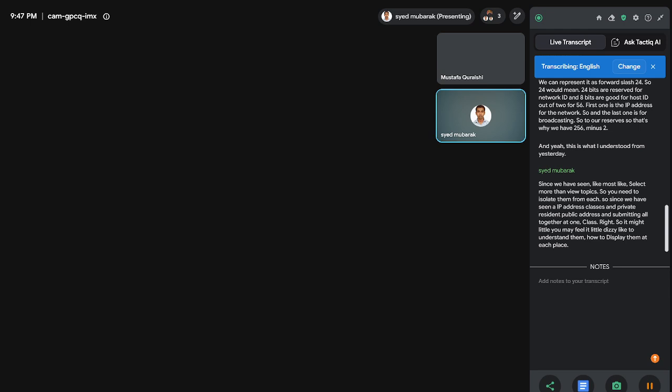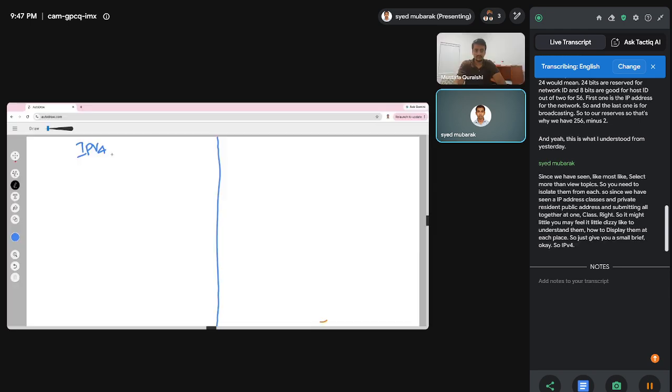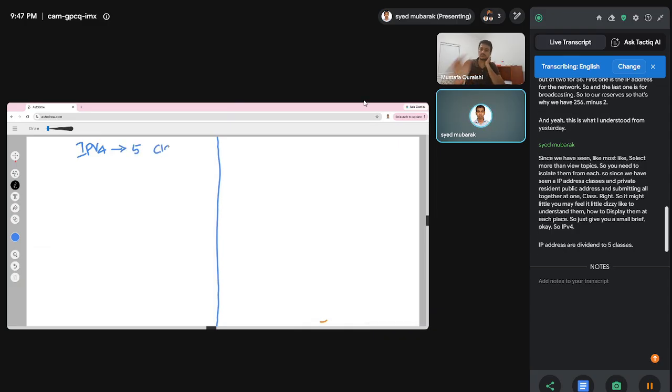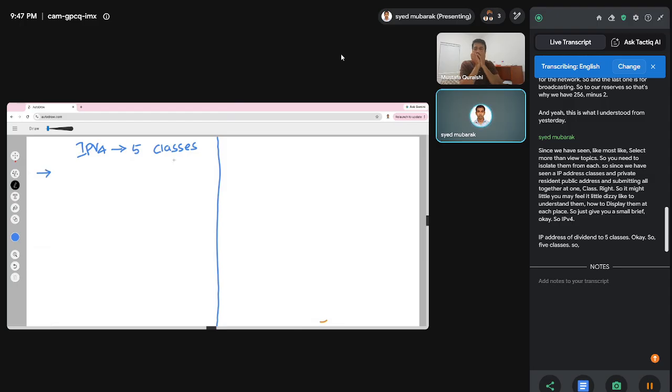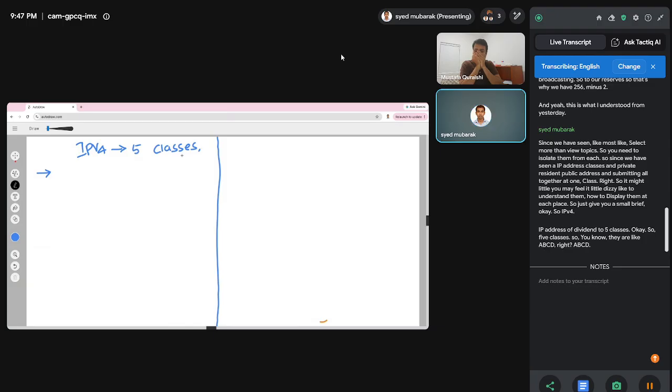So IPv4 IP addresses are divided into 5 classes. So 5 classes: A, B, C, D, E. So within those 5 classes,